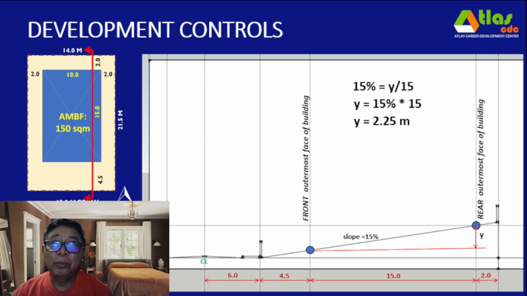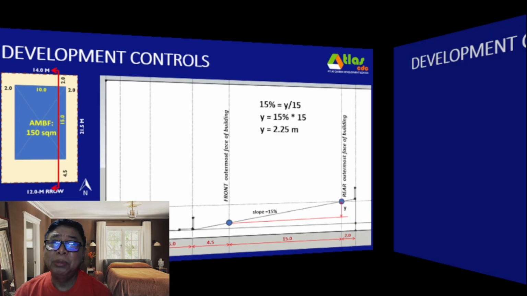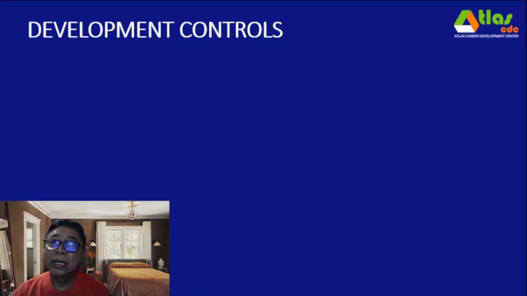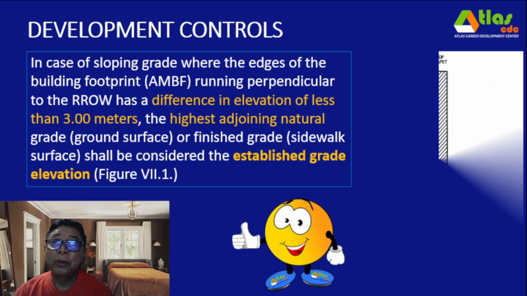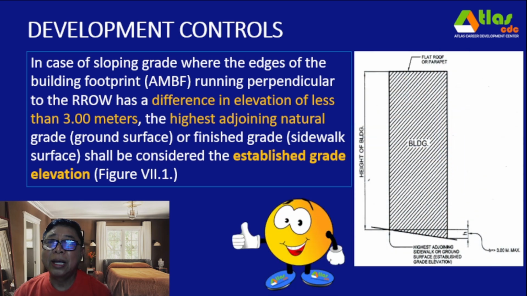And that 2.25 meters is less than 3 meters. Why do we need to determine whether that is less than 3 meters? Because there is a provision in the code that says that in case the sloping grade, where the edges of the building footprint, AMBF, running perpendicular to the road right-of-way, has a difference in elevation of less than 3 meters, then the highest adjoining natural grade or ground surface, or the finished grade sidewalk surface, shall be considered established grade